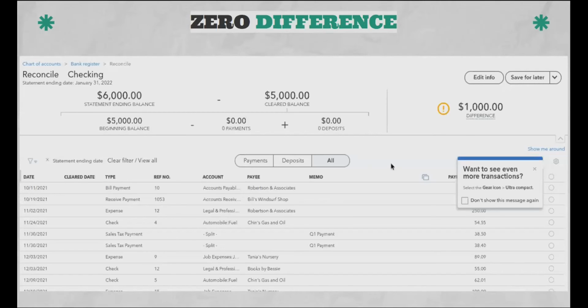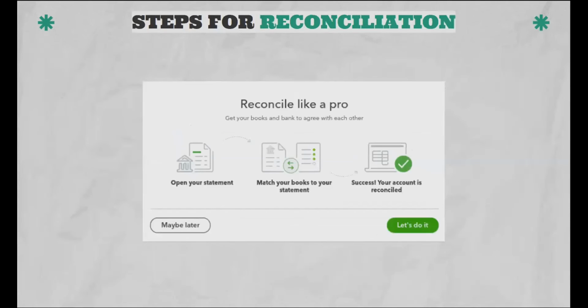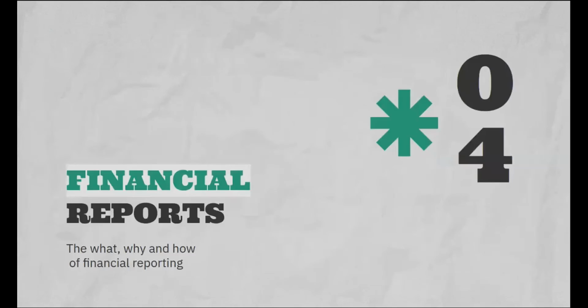So hopefully that helps you understand reconciliation. Like I said, I feel like this concept can be sort of overwhelming, but in a nutshell, it's really just matching your bank account to your QuickBooks account, and going through those step by step. And once you've done that at the end of the month and all your accounts are reconciled, you know that all of your transactions are completely up to date. All of the reports that you are running are going to be accurate. And that's actually going to get us into our